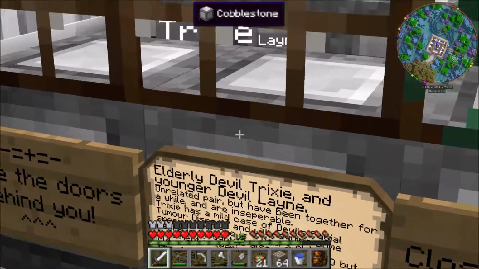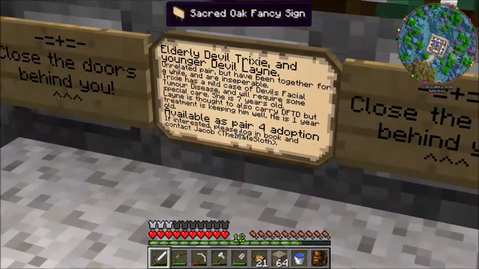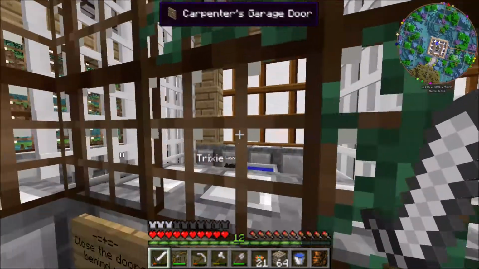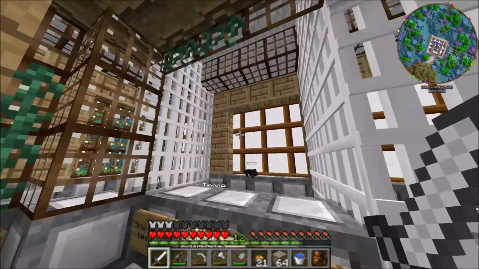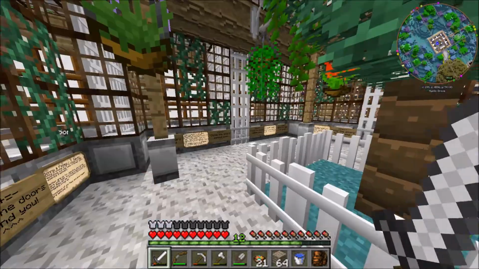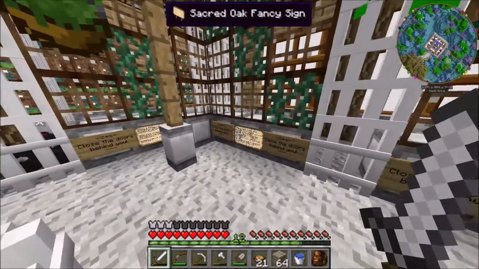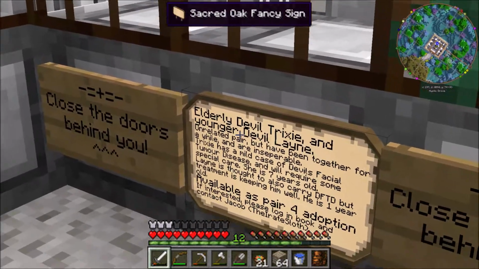But if you're confused, you can read the comments and hopefully that should clear it up a little bit for you. Like I said, Trixie and Lane are available for adoption as a pair, and hopefully somebody will come along one day and leave a comment in the book saying they want me to drop them off at their house, and I will do that, and I'll bring some items with them. So I think it might say...